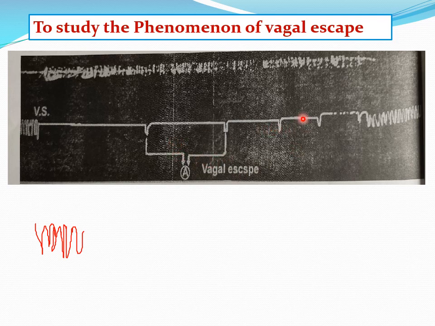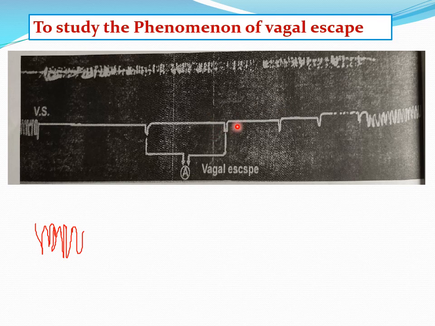Okay, now what are the causes? What is the mechanism? How does the heart come out even if we stimulate the vagus continuously? The first cause is idioventricular rhythm. What is idioventricular rhythm? When there is no impulse from the pacemaker, the Purkinje fiber starts generating its own impulses, but only when the rate decreases below 40 beats per minute. The Purkinje fiber generates the impulse.